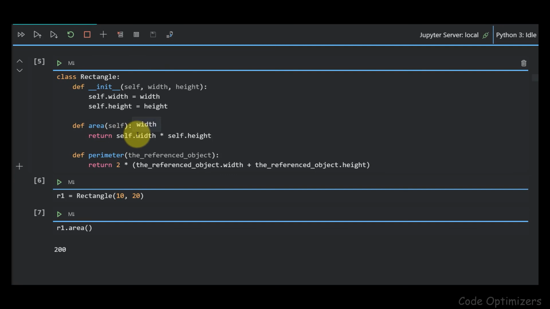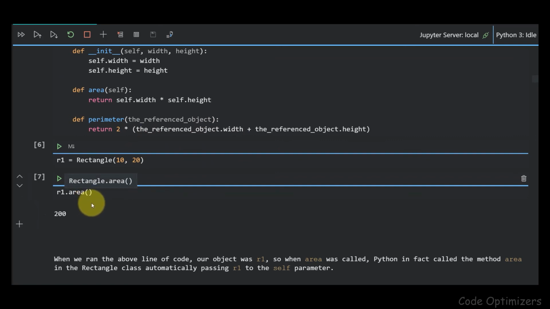We return the value which is the area of the rectangle, and in perimeter we do the same. We pass the object. Here we can write anything as we know. In this, we will compute the perimeter and return the value. So now we execute